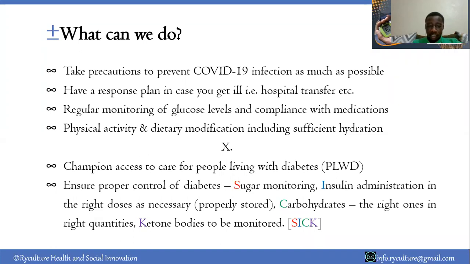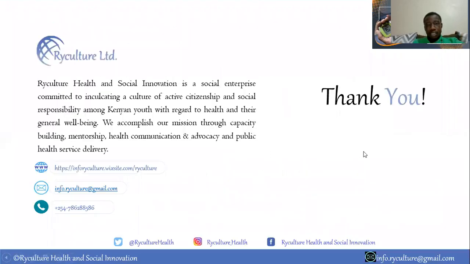Then ketone bodies should be monitored as well. Ketones are majorly produced, and that's an issue for people with type 1 diabetes. For those with type 2, it's when they're using insulin, which should be in an advanced case of diabetes. And there are strips for that based on tests on urine. It looks like the pregnancy test that we normally have for women. So that covers the major things that we need to look at, and we need to ensure that our patients are well taken care of.